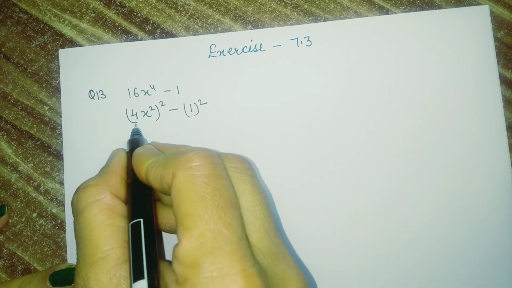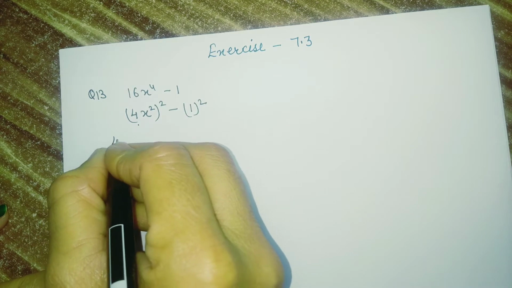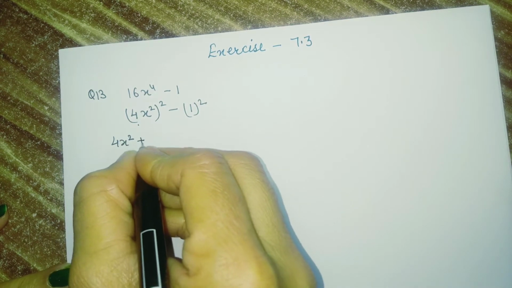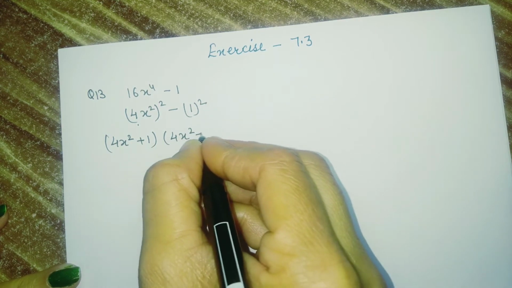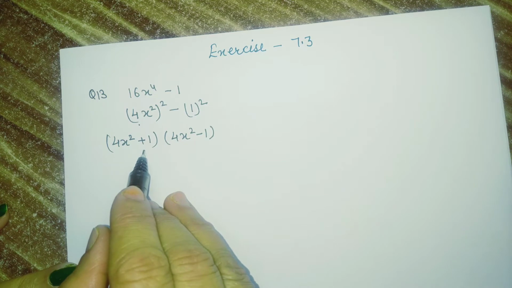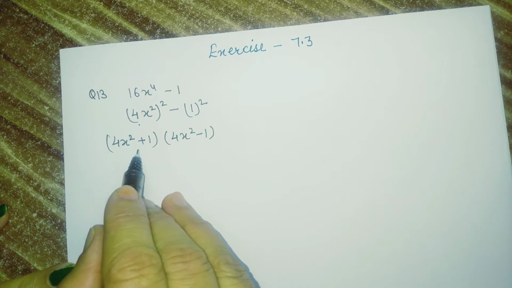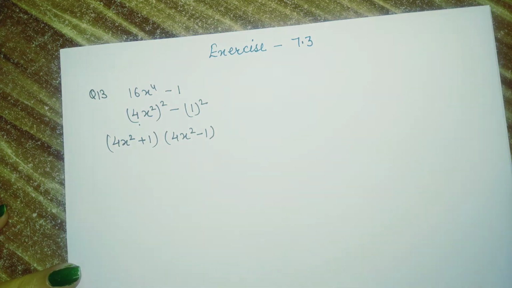Now, after this students, it becomes a square minus b square. So how to solve this one? (a plus b) and (a minus b). Students, this a plus b is not possible to expand again. We can't factor this one again, but if you observe 4x square minus 1, it is possible to expand again. Then how to solve this one?